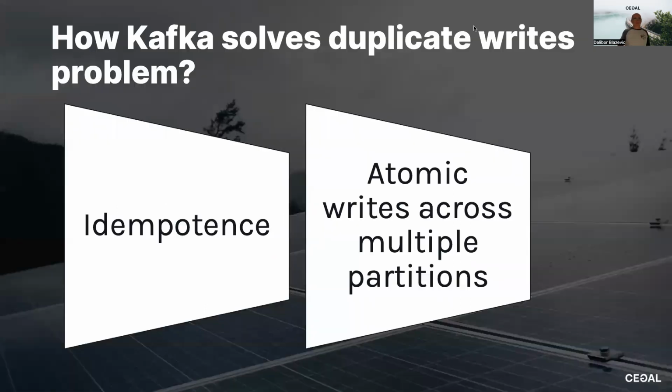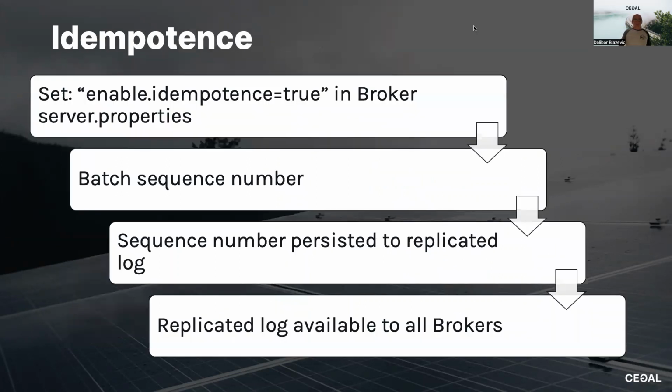So how does Kafka solve these duplicate write problems? Well, there are two things that Kafka uses. One is idempotence, another is support for atomic write across multiple partitions. So how to enable idempotence? That's fairly easy. We just set the property enable idempotence to true in the broker server properties, and then we restart